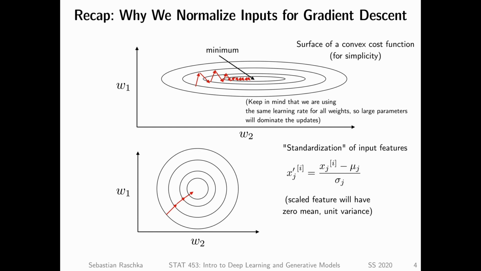So why do we care about normalizing inputs? This has something to do with the fact that we are using gradient descent or stochastic gradient descent. So imagine we have a loss function again, like always. We have the surface plot that I've shown you several times in different flavors. So in the surface plot here, this is a depiction of my loss function.